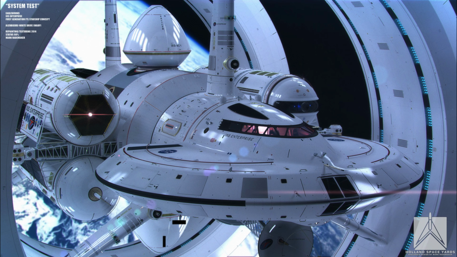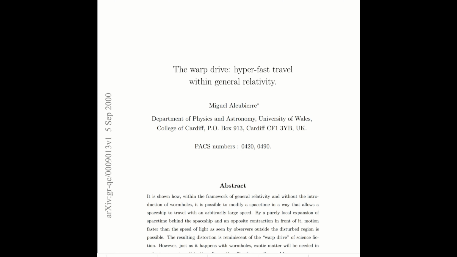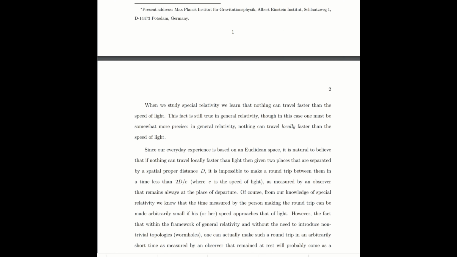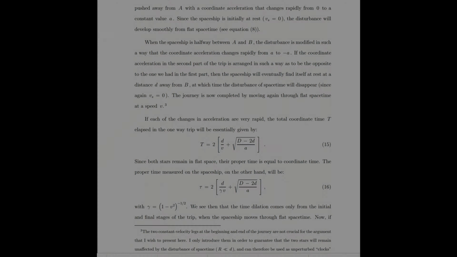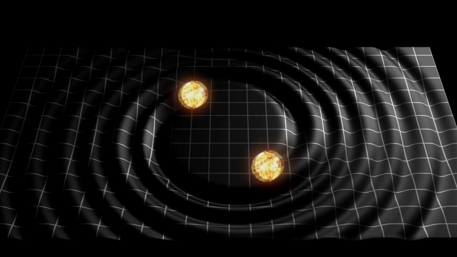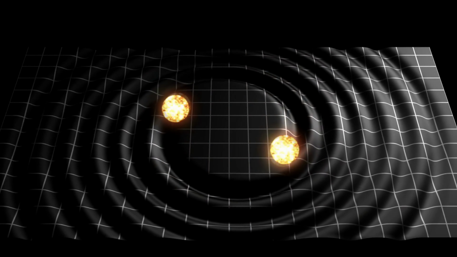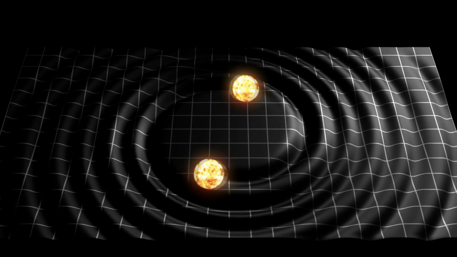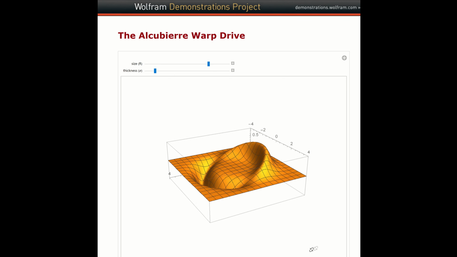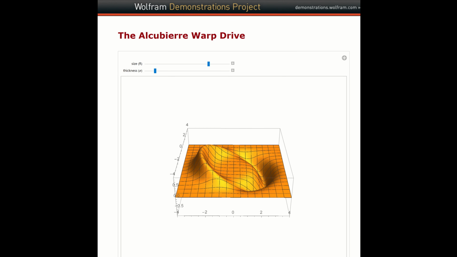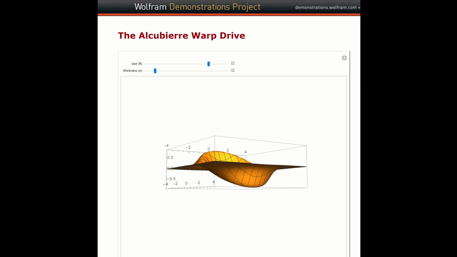In 1994, a Mexican physicist called Miguel Alcubierre published a paper in which he found solutions to Einstein's field equations that allowed for faster than light travel. Since there is no limit to how fast space can bend, warp, stretch, and expand, these solutions describe a metric in which you compress the space in front of the spaceship, expanding it behind the spaceship, effectively creating a bubble of space-time that then moves through space.